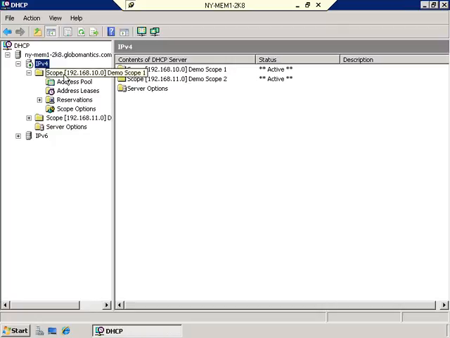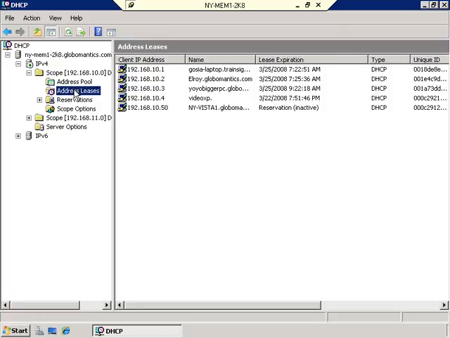Now, what I want to do is, under my 192.168.10 scope, click on address leases. And what I want you to see here is that there's a number of leases that have been given out. The reason is because I had a few different people around my network connect to the DHCP server and get an IP address from me just for the sake of demonstrating this. And what I'm going to do is, this is not necessarily something that would be done in a production environment, but just to demonstrate something getting out of synchronization with one another,